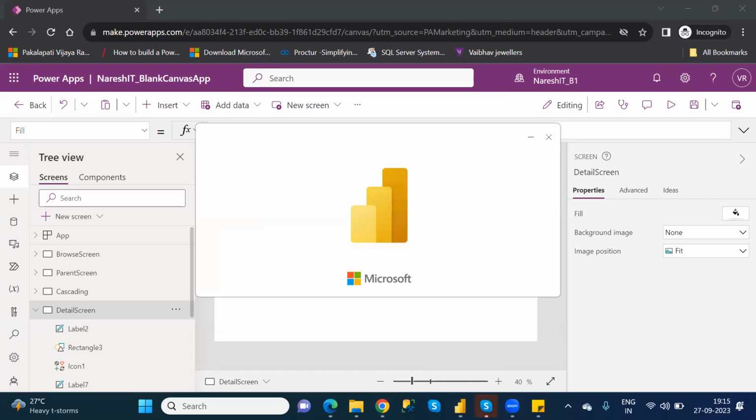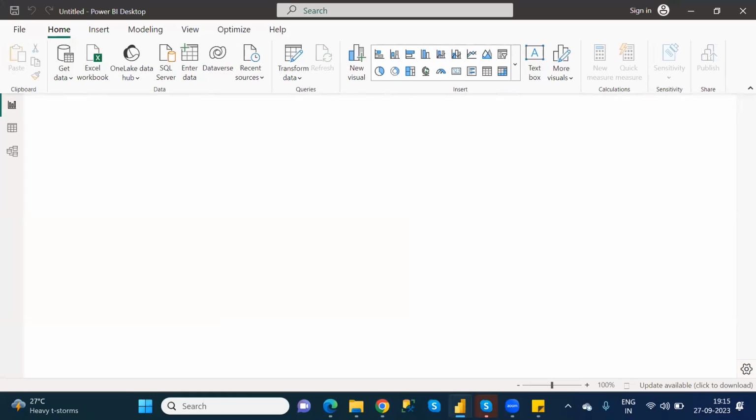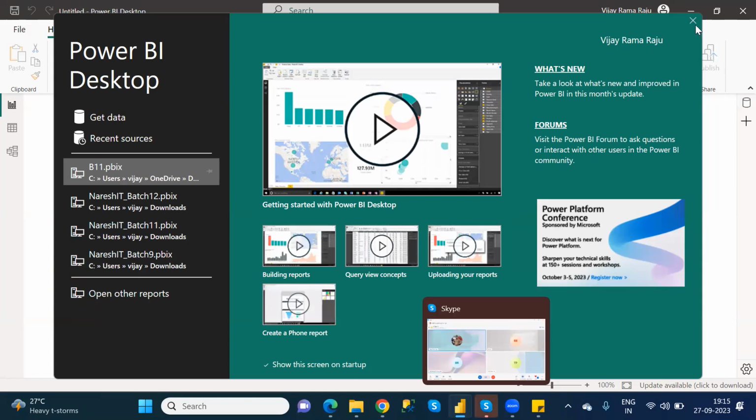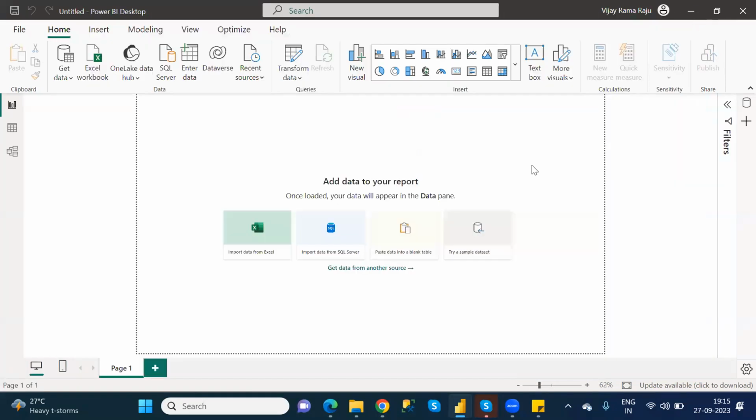Whenever that message comes, the background of the application needs to be deactivated for all the options. Otherwise, there is no use of showing pop-up confirmation messages. Understand clearly or not? Let's see.